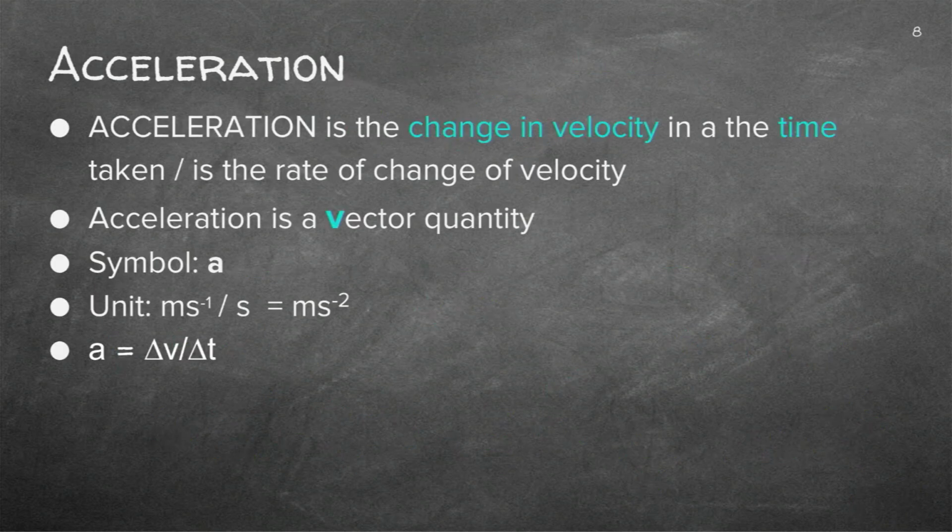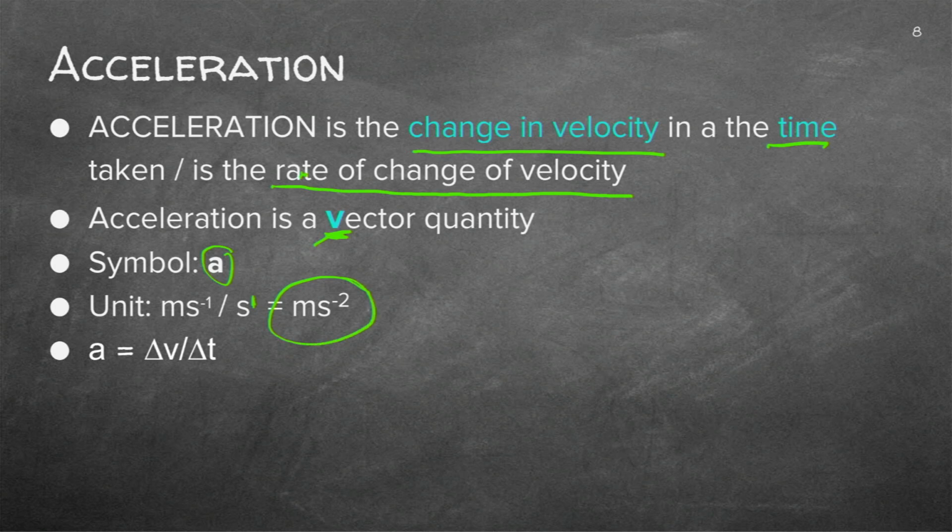Right, let's finalize acceleration. You need to know the definition. It's the change in velocity in a specific time. Or, as your textbook says, rate of change. Rate meaning time. Finally, it's a vector. Know that direction will be important. The symbol that we use will be the A, and you know now it's for acceleration. The unit, which we just explained to you, will be meter per second over second, and the unit will be meter per second squared, and that will be your equation.